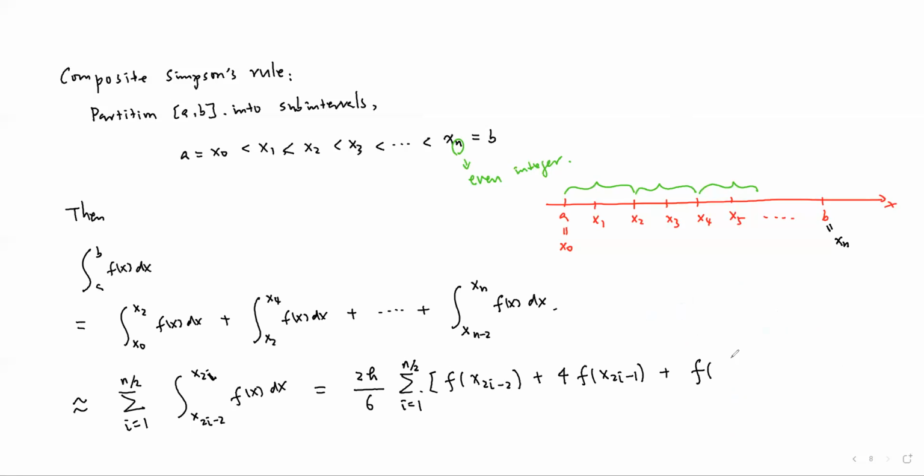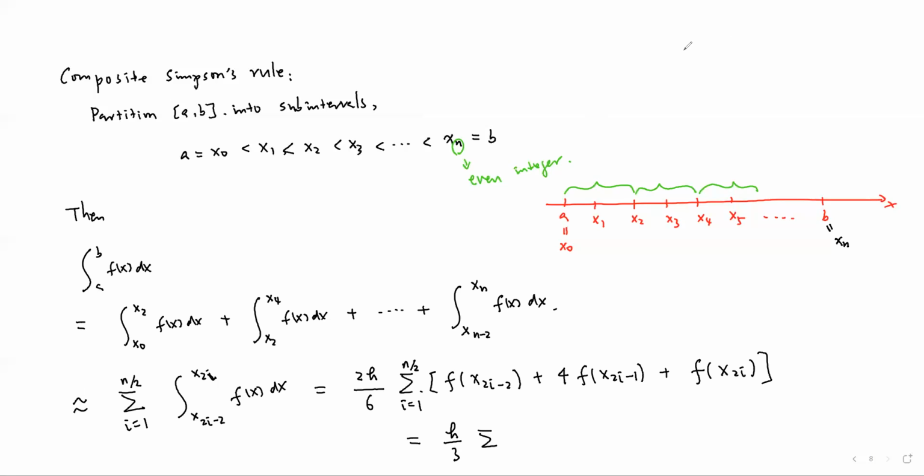B now is x2i. Now simplify the sum. Then we have a low error term here. Okay, these are approximations. Okay, simplify the sum. Then we have h over 3 summation,